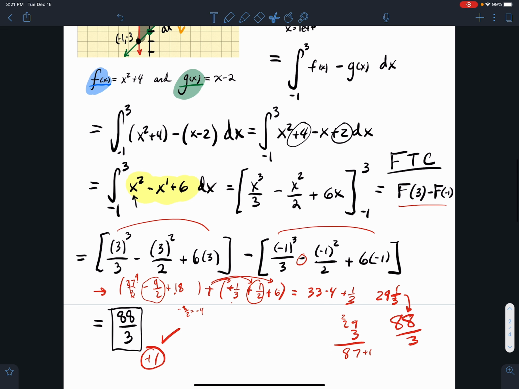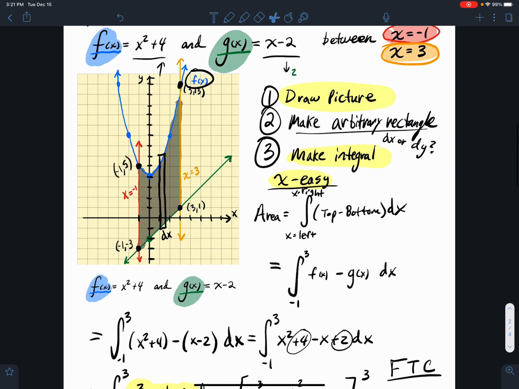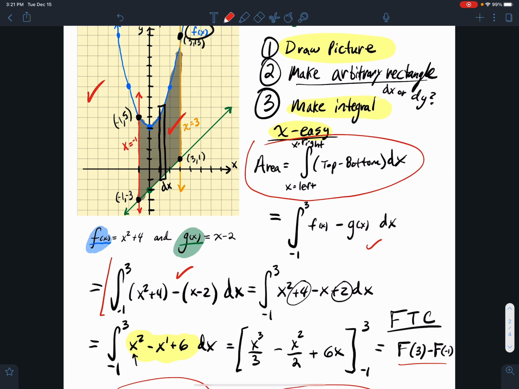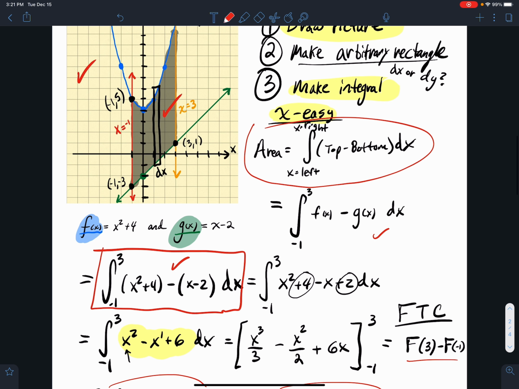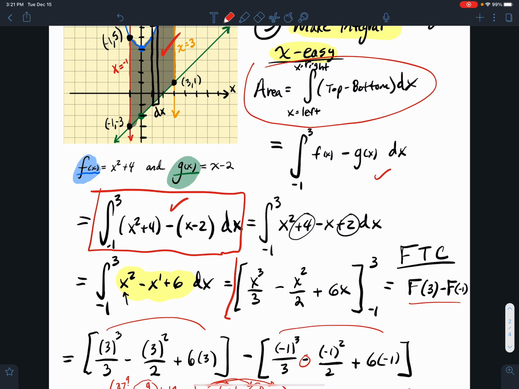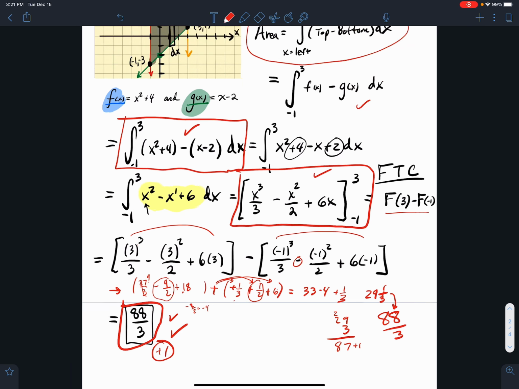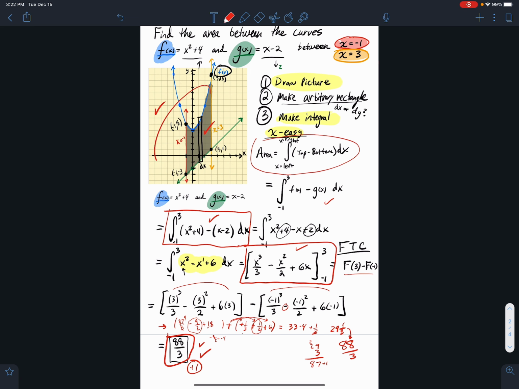What I'm concerned about in this problem, when I'm grading it, I'm looking, did you draw the picture? Check. You labeled all the valuable points, points of interest. Did you make an arbitrary rectangle? Check, yeah. Did you set up the integral? Did I see you set up this integral? Did I see you set up this correctly? Boom, yeah, good, okay. Now, did you get the antiderivative? Boom, good, okay. And then did you get the final answer? Yeah, boom, okay. So in this part right here, there's like 1, 2, 3, 4, 5 parts to this one